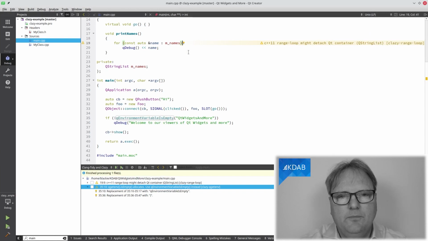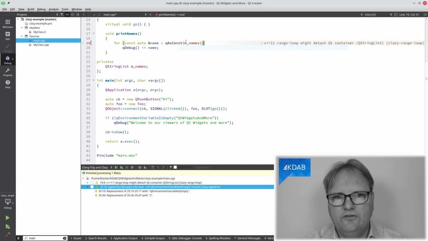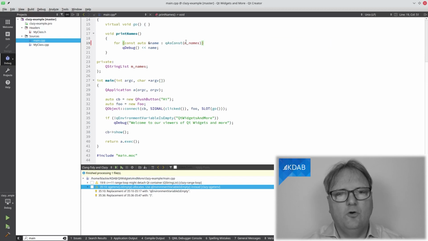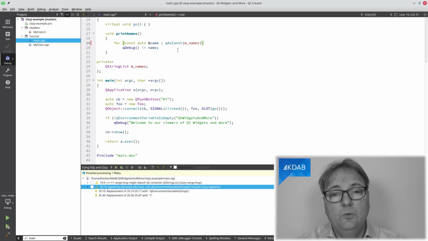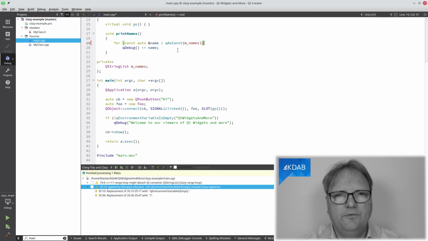It actually now up here, observe the light bulb, Alt+Enter, and it tells me this error, but what it does, Enter. And now it actually did that refactoring for me on that particular line. What I was missing was to add the qAsConst. I'll put out an episode eventually about why that is needed, because that is not super trivial and obvious.